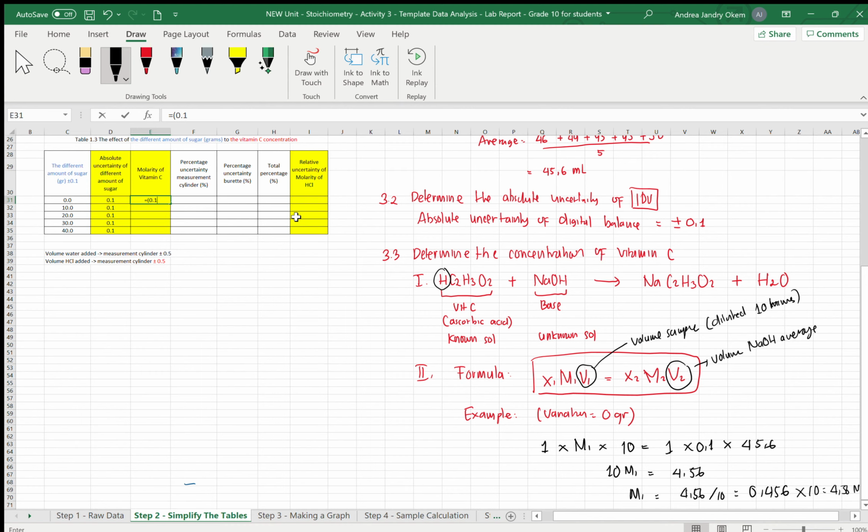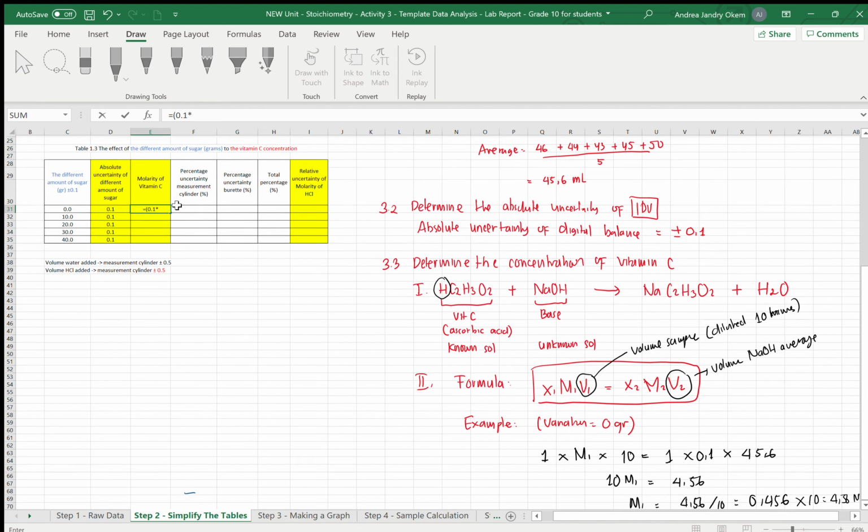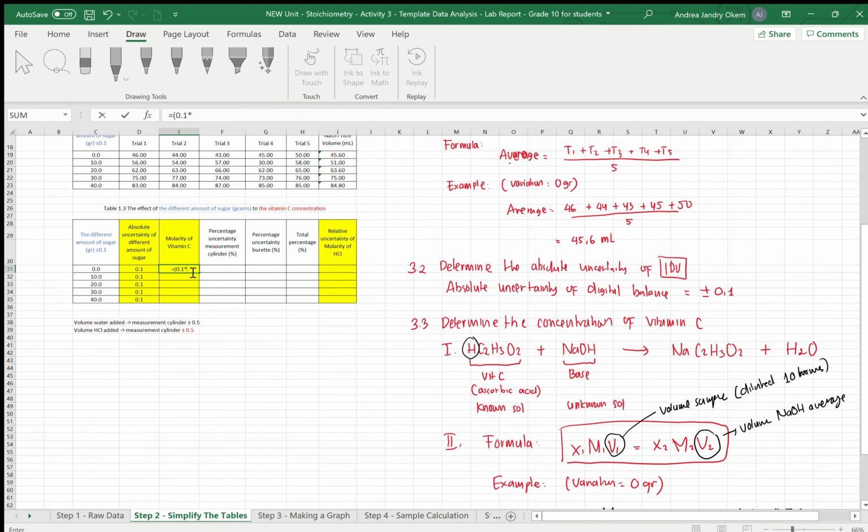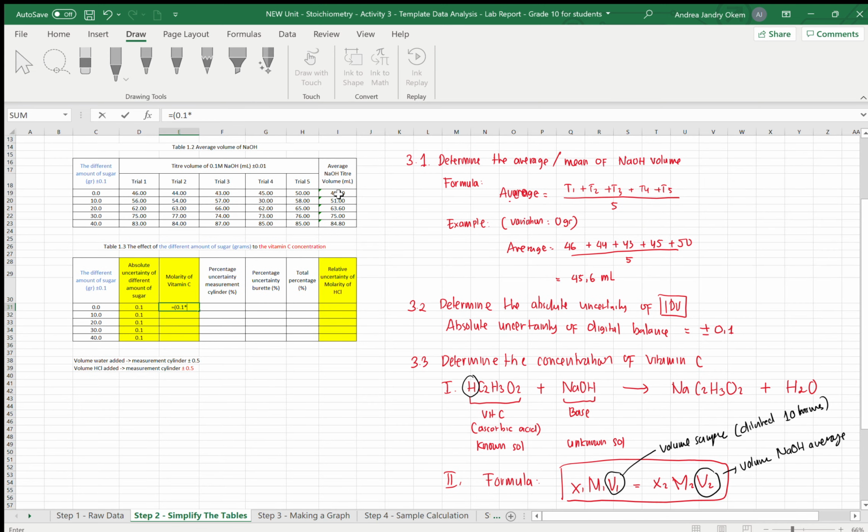Okay, and then multiply, we need to put star. Remember, we need to put star like this, and then go to the average. Now this is the average, right? So just click it, and then you just close the bracket.